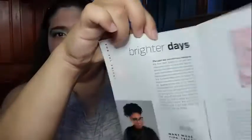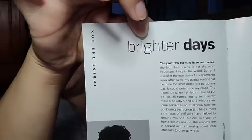So opening it up, it has the little pamphlet on there with the pretty lady, and then it talks about what's in here, and it says Brighter Days there, so I don't know if this has themes or not, but I'm assuming that would be the theme if so. Also, I got